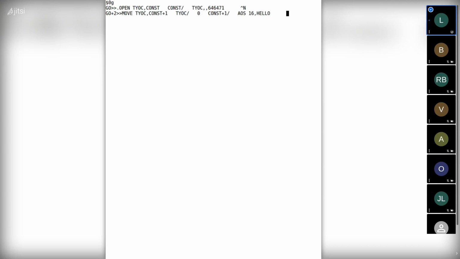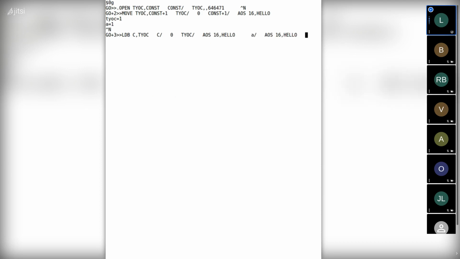As you can see, it says move TTY because TTY has the same value as A. But that's just a matter of presentation. So I'll single step this.